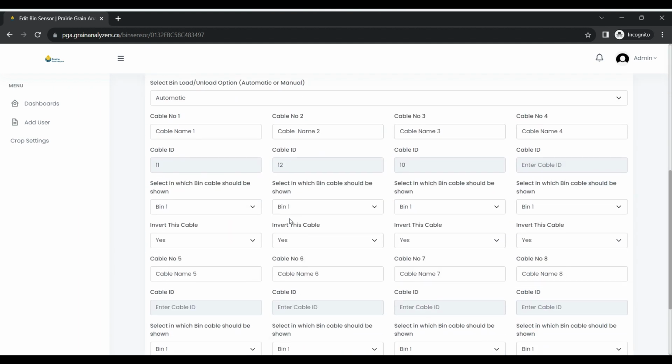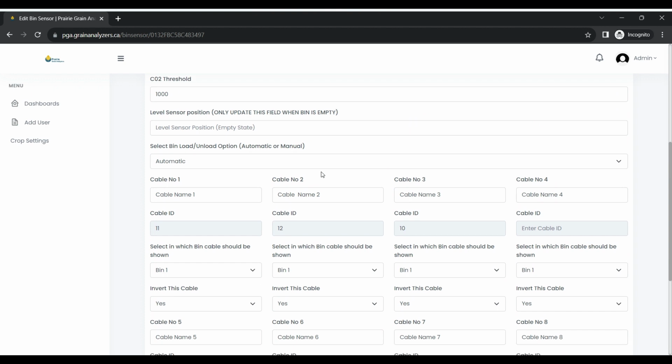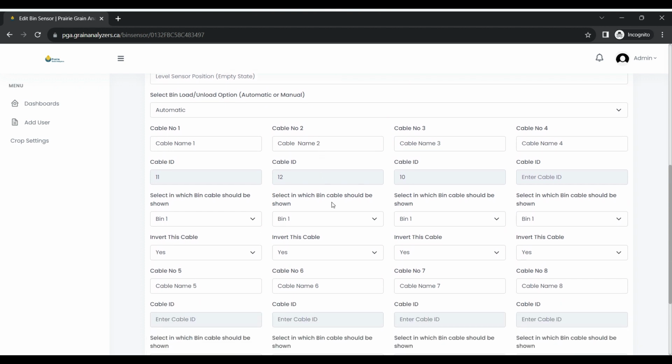Scrolling down the page, you can see the three cables, cable name 1, cable name 2, cable name 3, which have the cable IDs 11, 12, and 10. So for example, we want to separate them into their own bins in the display. By default, they are all set to bin 1. If we want to put them separately, just move this to second bin and then move this to third bin